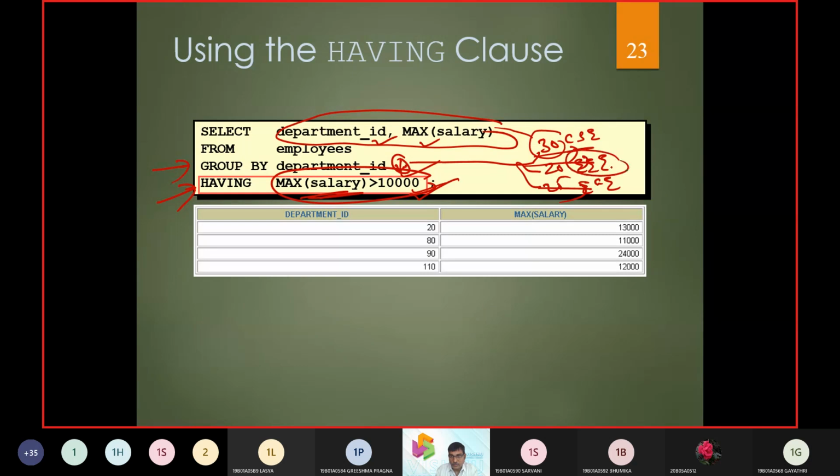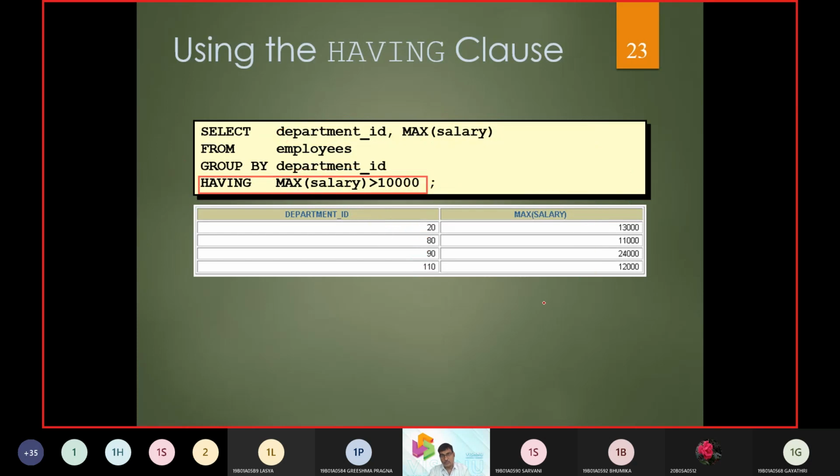In the other department, it is going to see whose max salary is greater than 10,000, and from all those it is going to display. Whoever employees have more than 10,000, those are displayed. In the same way, you can see 20, 80, 90, 110, and the maximum salaries are displayed in this form.